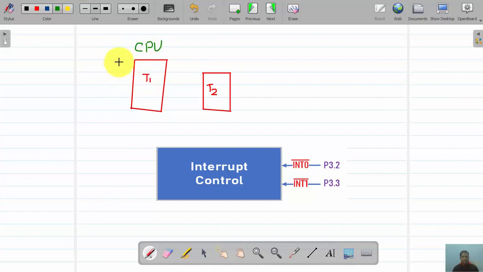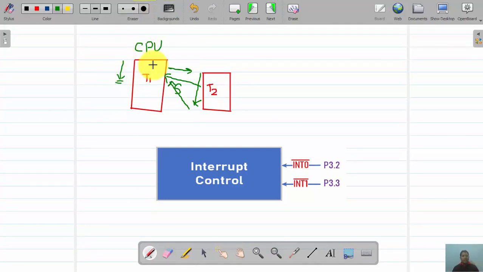The CPU is executing task 1, and meanwhile, if task 2 wants execution, task 2 is going to generate one special signal towards the CPU. The CPU reads this signal, stops its execution, jumps to task T2, completes task T2, and again comes back to task T1. So this sequence is carried out.